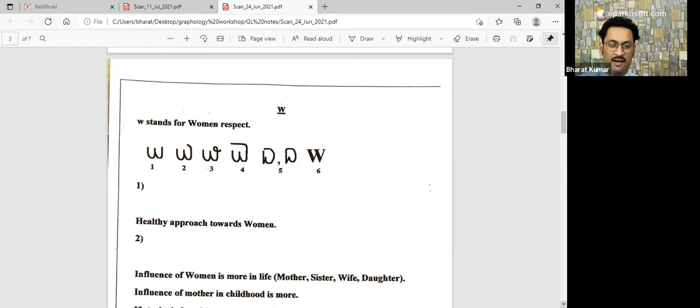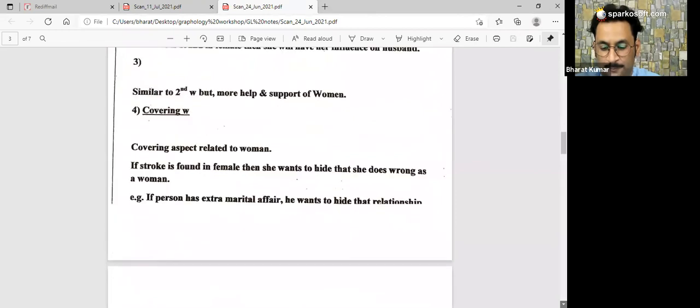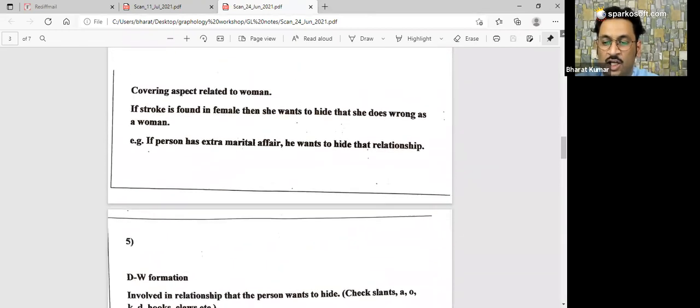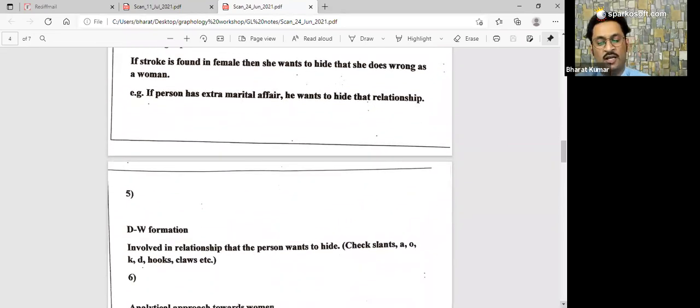Yes, Midun, I agree with this. Yes, Dr. Harpreet, when people use this kind of combination, you look for type 5th of D, because L and U when added looks similar to D. So type 5th of D, I explained here, if you are having type 5th of D, generally you are having DW formation. So these are involved in relationship, but they want to hide the relationship.